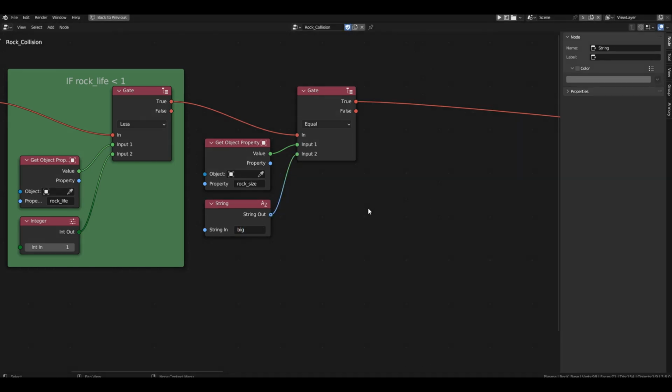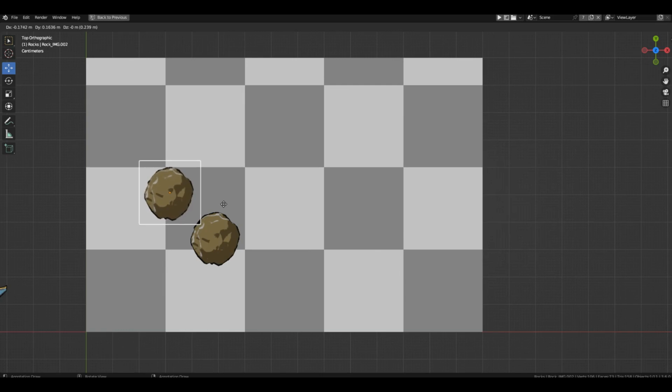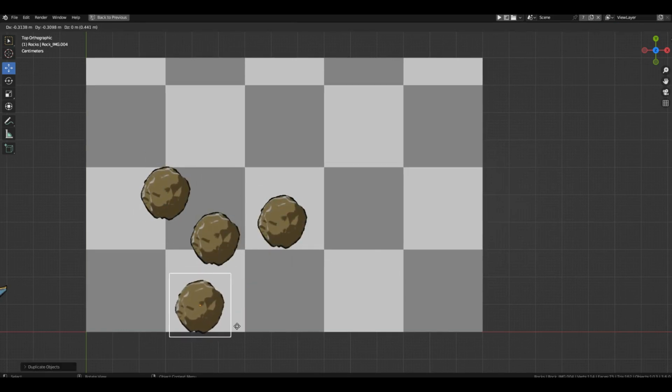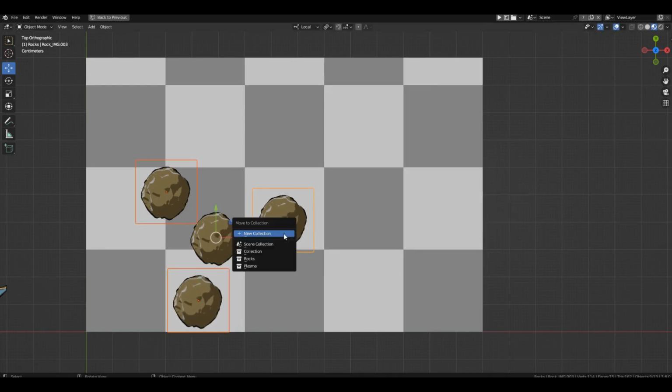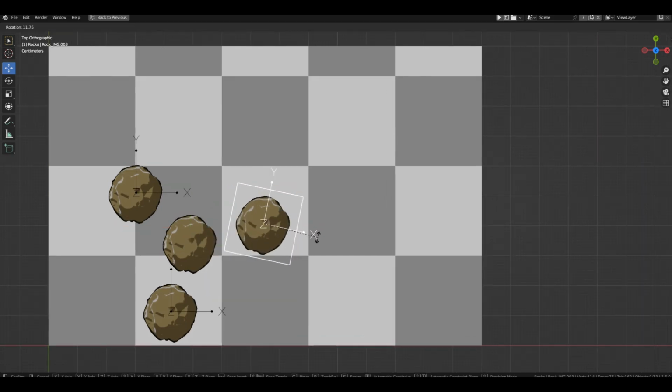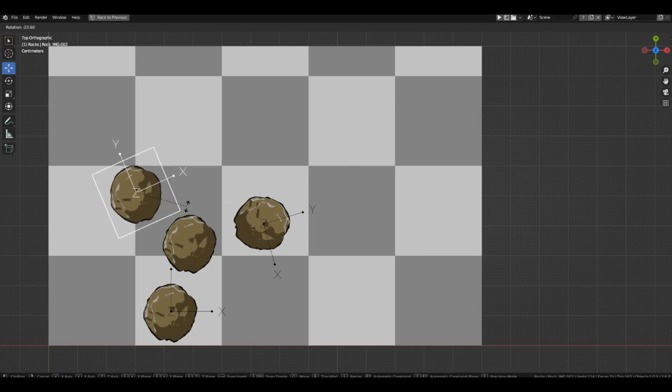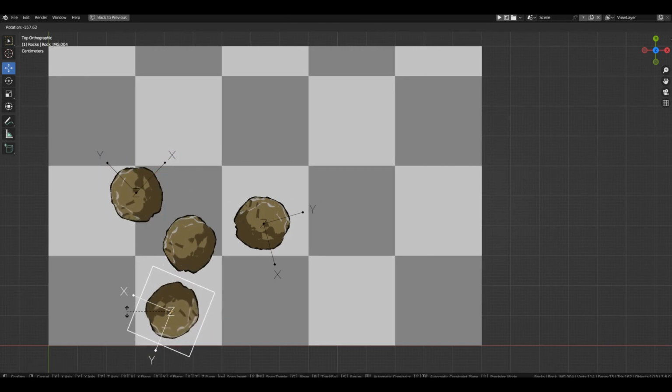Done. Now let's think about the next step. If the rock size variable holds the value big, it means we have destroyed a large asteroid. It should split into 3 smaller asteroids, so we need to spawn 3 new objects. Right after spawning, we should place the new asteroids in the rocks folder. To make everything look nice, we should rotate each new asteroid at a specific angle so that they don't look identical and don't fly in the same direction.